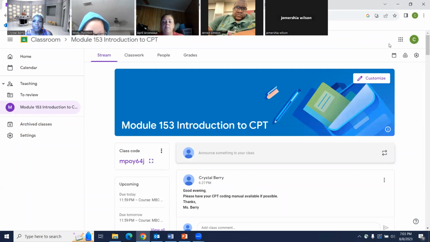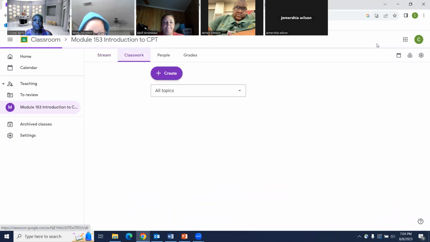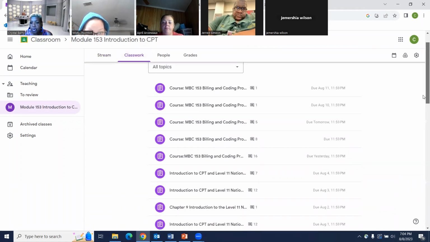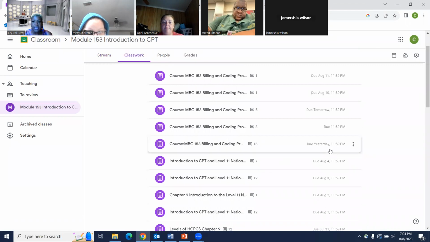At the top, you should see where it says classwork. When you click on classwork, it is going to have the date when it's due. On here, this says due yesterday. Then it would have due at 11:59. So this assignment is due 11:59, due tomorrow, due August 10th, due August 11th.